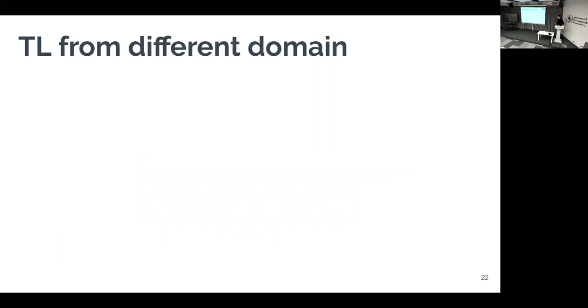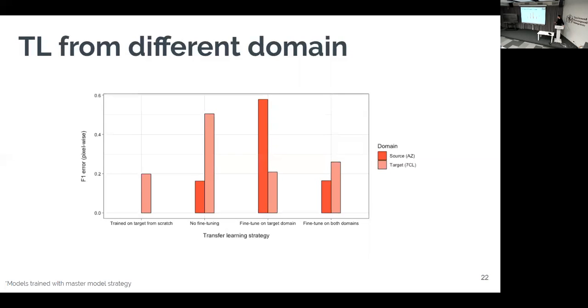Now, transfer learning from a different domain. Here we use the dataset from AstraZeneca company as the source domain and the target domain dataset for 7 cell lines. The images in these datasets were measured in different conditions with different microscopes, so there is a huge domain shift present. Again, we added a model trained on 7 cell lines as an evaluation here, to compare